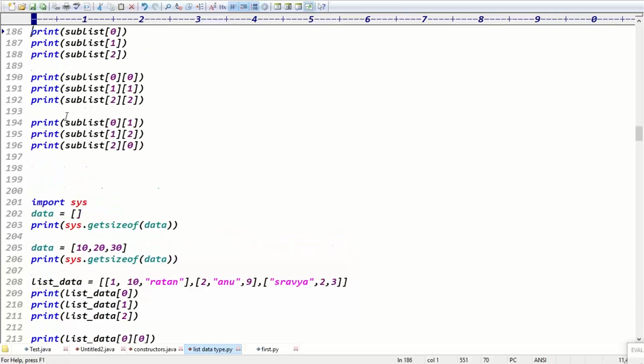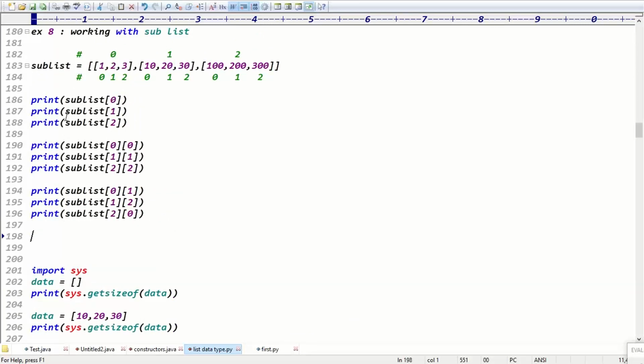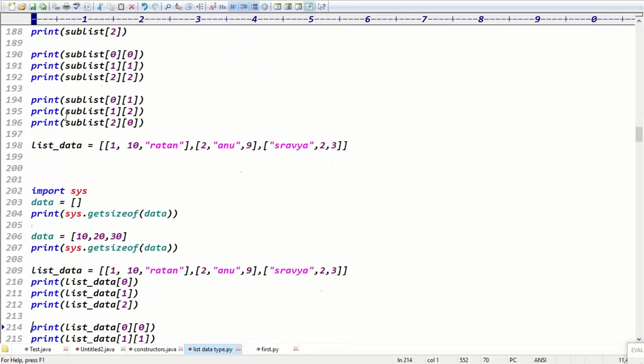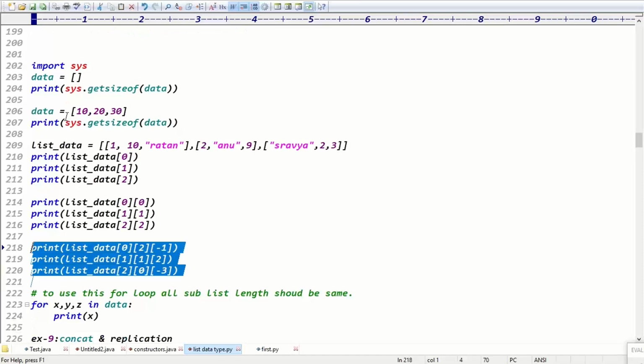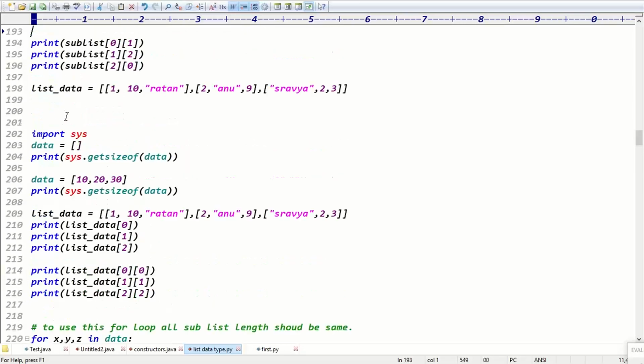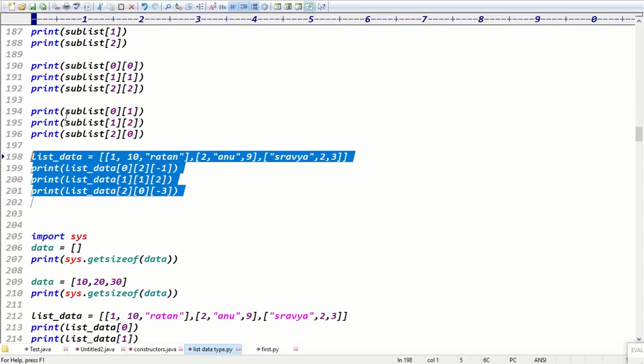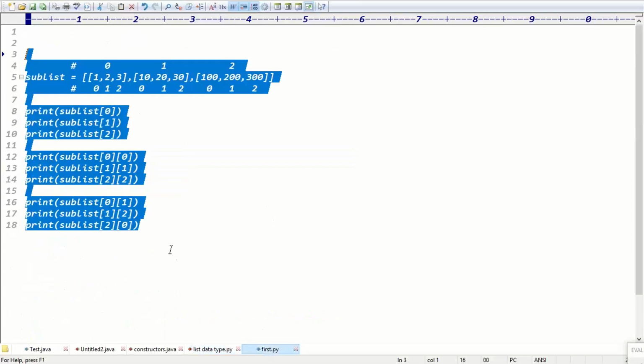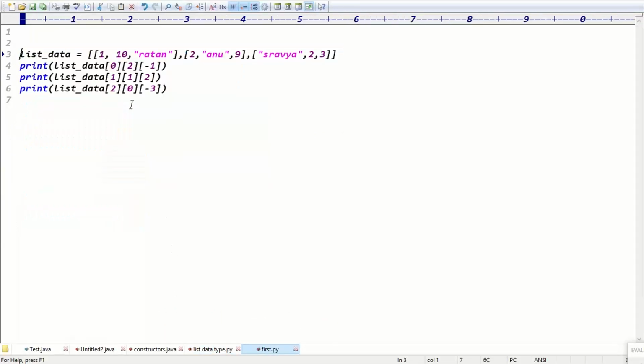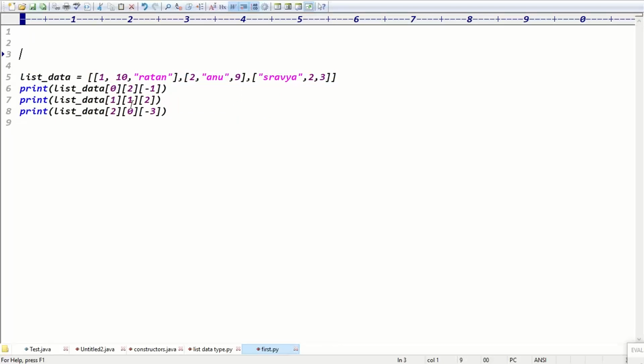If you have a sublist like this, in this sublist, the second sublist I'm taking, guys. Can you please tell me the code for these 3 lines? Can I copy this code here? Can I place the code here? Yeah. Tell me, guys, first line, what is the output now? Check the first line once. A list data of 0th position, second element, minus 1 value. What's the output now?